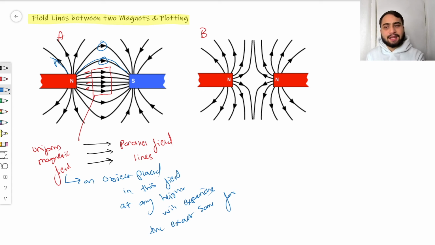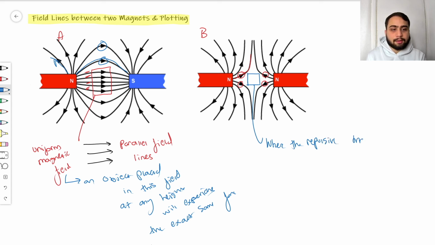Now let's have a look at set B, where we have like poles towards each other. Okay, again, now we have the field rules, right? North and south. The field lines always point from north to south, so we can see that they're all pointing away from north. But we have this very special region right here, okay, where we don't get any field lines at all. So this place is actually where the repulsive magnetic